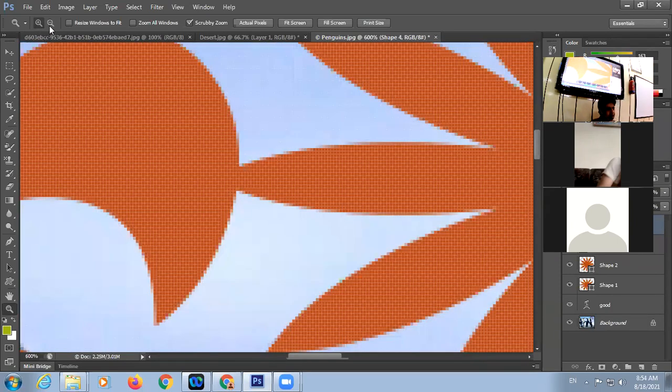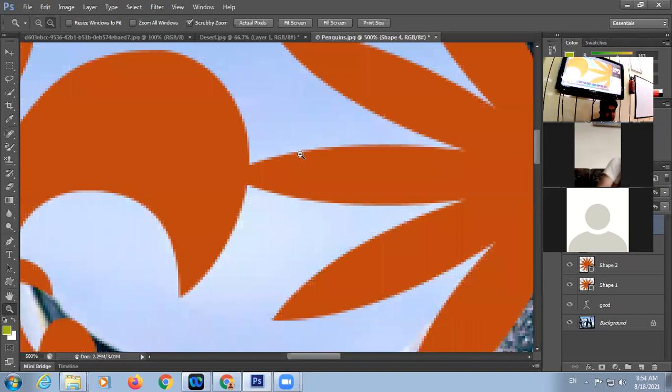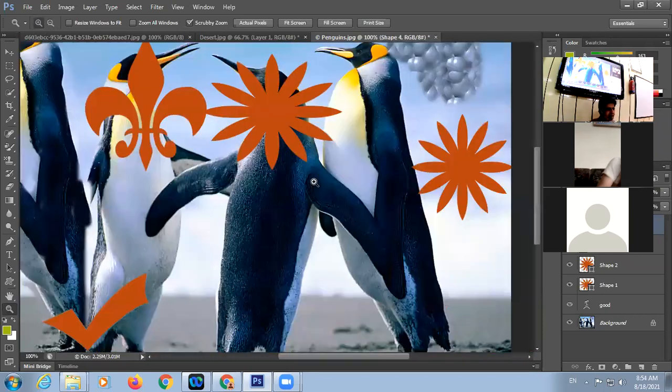And if you want to zoom out, click minus button, and here press the left button. Any doubt here?